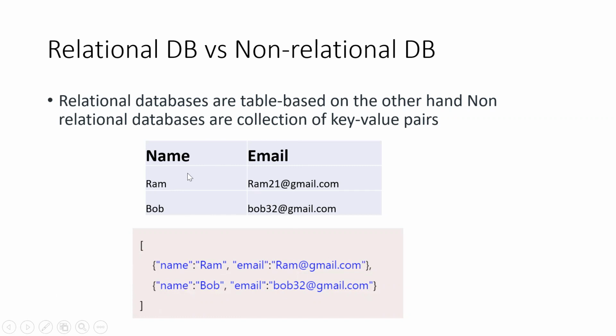So the first one is called the relational database. That is following the tabular structure. And this kind of data representation is called non-relational databases. And it has some key-value pairs. The key is the same thing as the column name over here, and the value is the data. This is the data, and Email, this one. So the key-value organization is there in non-relational database.